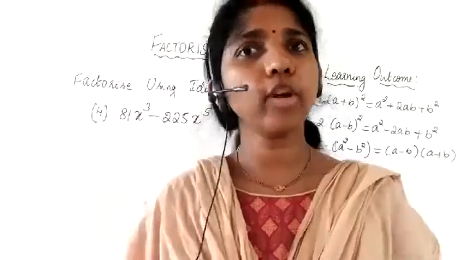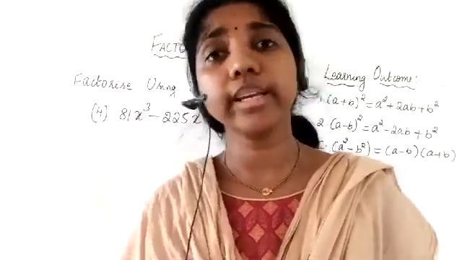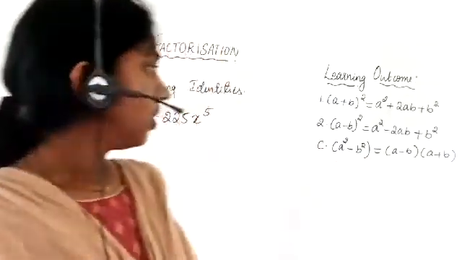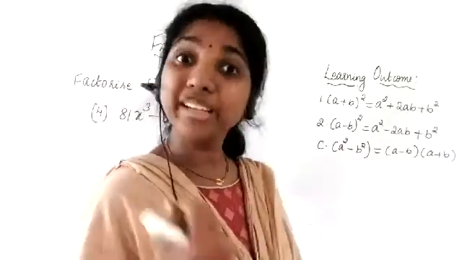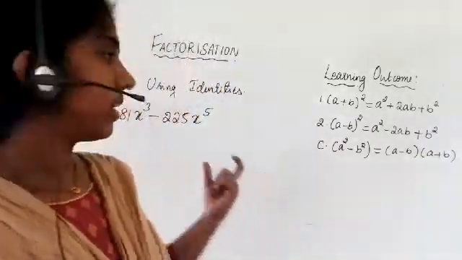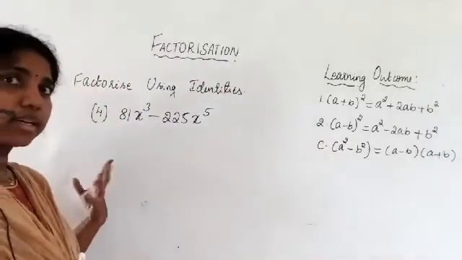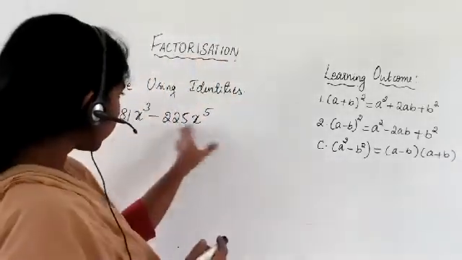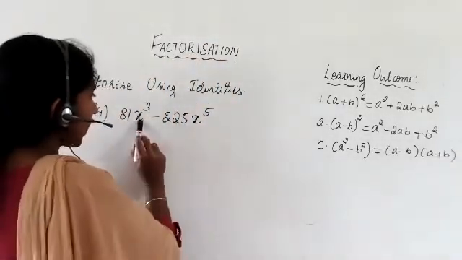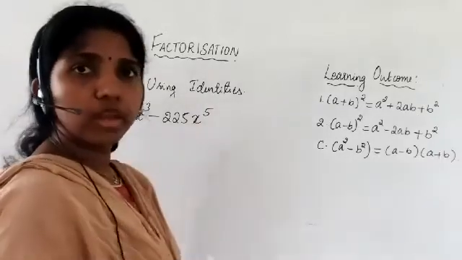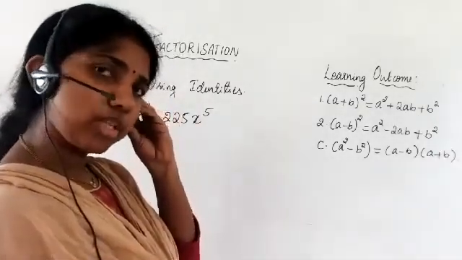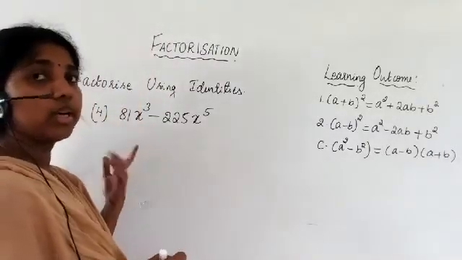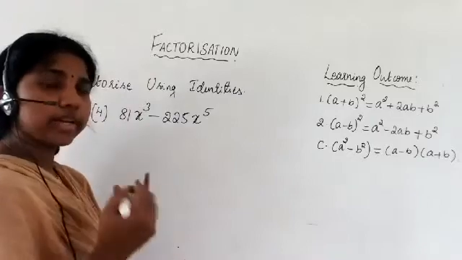Now again, we have not learned any identities of that kind. So which identity will it come under? Be wondering, yes, which identity is it? It doesn't suit any of these, but we can reduce. In factorizing, we are removing the common factors. So when you see these two terms, we can find the common factors, x cube and x to the power 5. The variables are the same on both the terms, that is x is a variable. So we can take the common variable out.